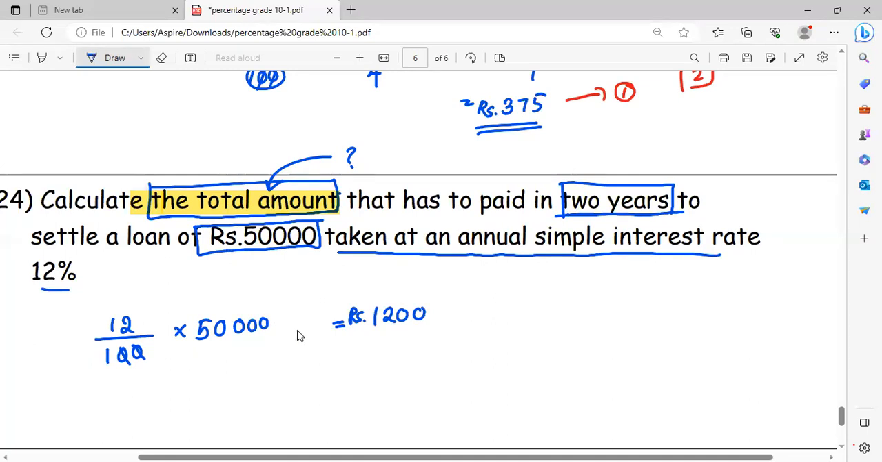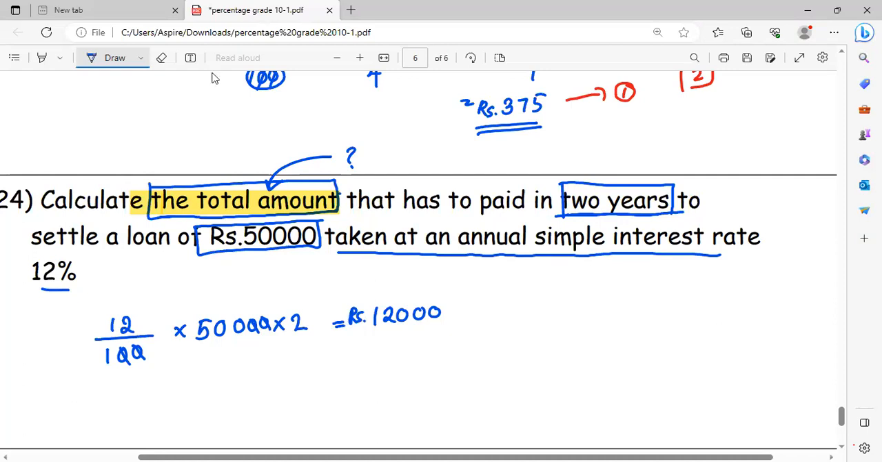50,000 is multiplied by 2. Now 2 zeros cancel. 12,000, no? Yes, 12,000. Then to settle this one, the total amount should be